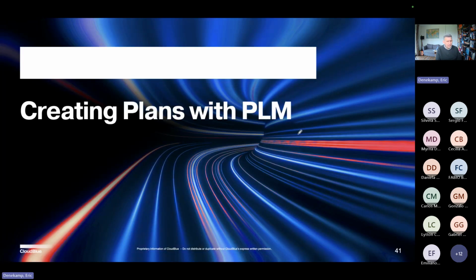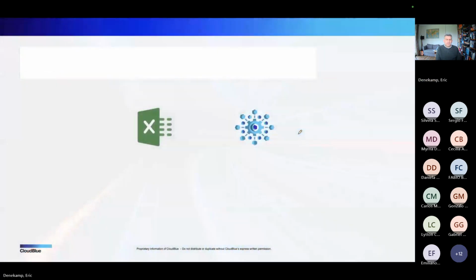So how do you create your plans then? Well, we're using a file for that. And we use, let's say, the standard enterprise management tool for that. We call it Excel.